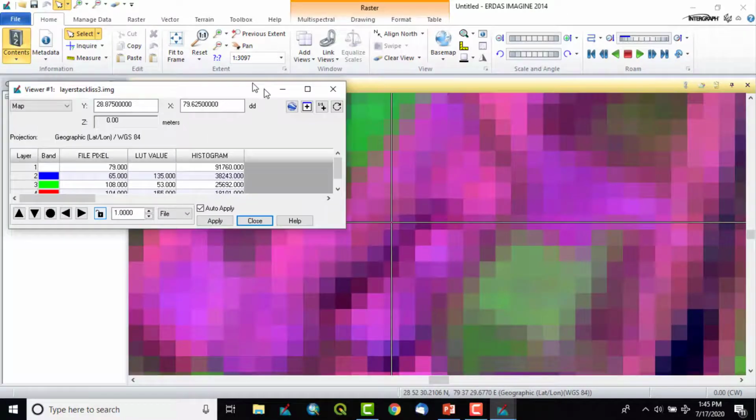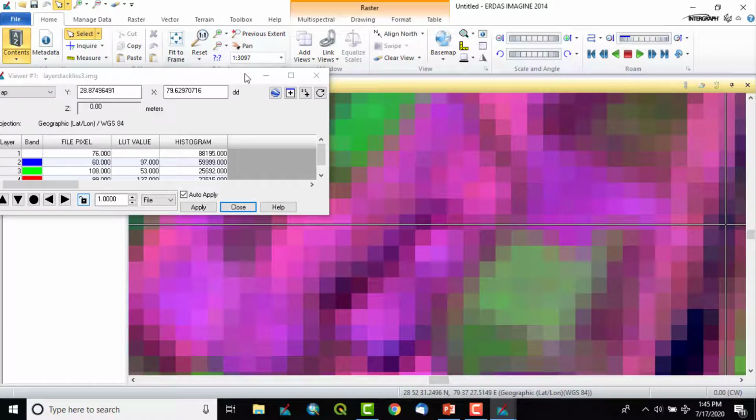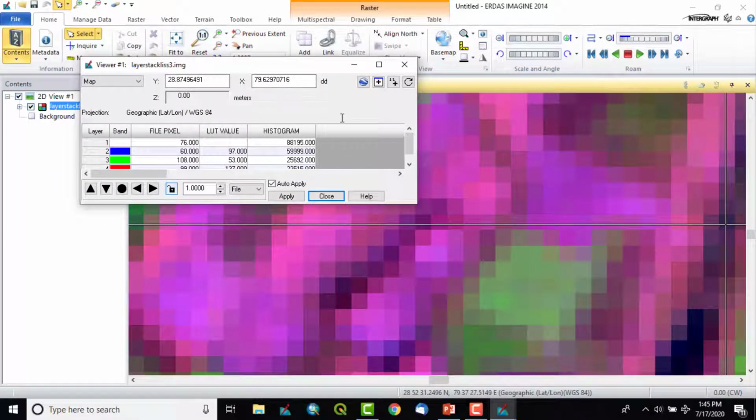This pixel's information is shown over here. Pixel value is its histogram value, and its location. Anywhere you put this particular cursor, you can see the details of that particular pixel, like its pixel value and its location, like this.